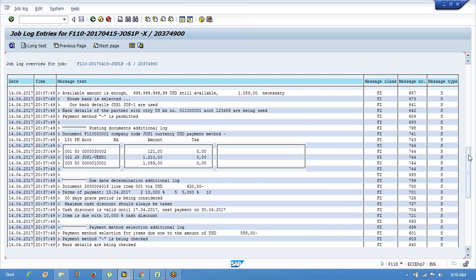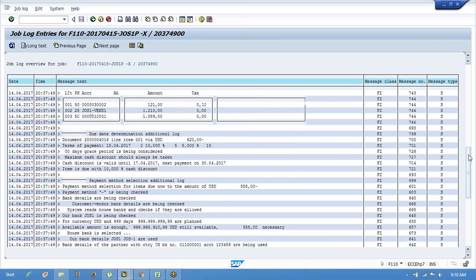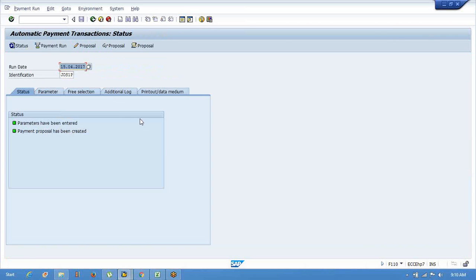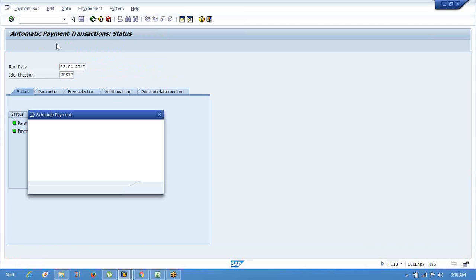So 1089 is the consolidated payment against the payment method supplement code 12, and for the other payment method supplement, which is 13, a separate line item is created, and one separate document will be generated. That is the 620 that we have. Because of the discount, it is showing this 558. And let's make the